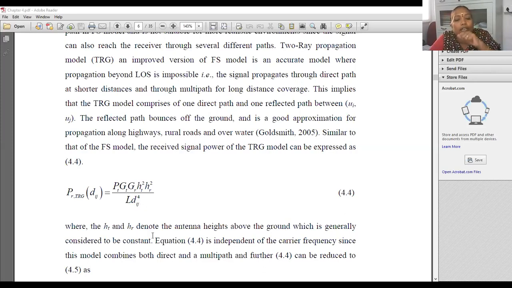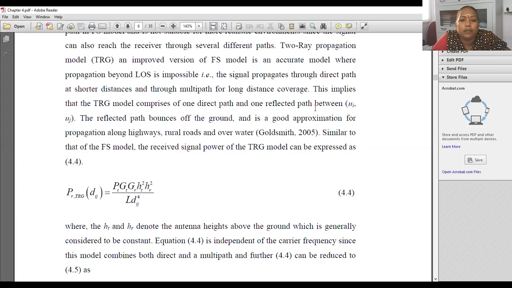So in this particular model, you have two types of paths. One is the direct path. As I said, your TRG model comprises one direct path and another reflected path.